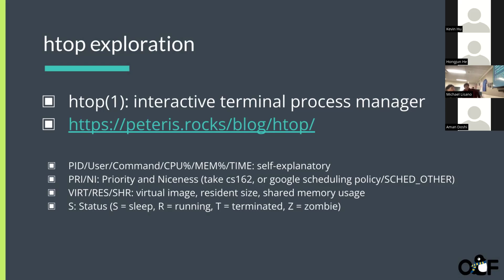Priority and niceness. Processes have a nice number, which affects how often they'll be run. If you take 61C, you know this, but in the OS you have a scheduler, and it schedules when different processes are run, because it can only run so many instructions at once. If you have a higher nice number, wait, is it? I think it's actually a lower nice number. Okay, if you have a lower nice number, it'll have higher priority, so it'll schedule that process to run more often than other processes. If you have something CPU intensive that you want to put a lot of computing power into, you would adjust the nice level.